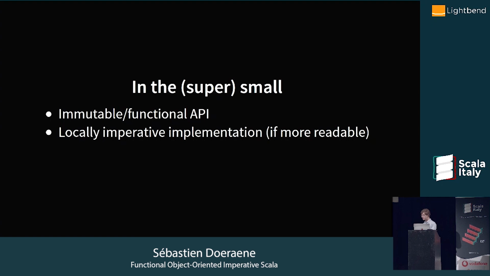So far we've seen things that are just inside a method. So we have only seen examples where we have a def, it takes immutable data as input, returns immutable data as output, and inside it uses mutable state if that's more readable. This is something, a design pattern, let's say, that I use all the time.